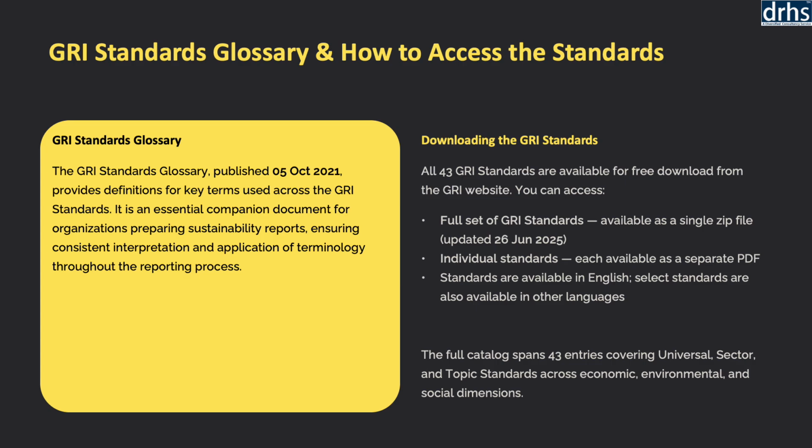Slide 23. GRI Standards Glossary and how to access the standards. The presentation of the GRI Standards Glossary and how to access the standards underscores the importance of conceptual clarity and accessibility in advancing high-quality sustainability reporting. The GRI Standards Glossary 2021 serves as a critical interpretative tool, providing standardized definitions for key terms used across the framework. By ensuring consistency in terminology, it mitigates ambiguity and enhances the reliability, comparability, and coherence of disclosures across organizations